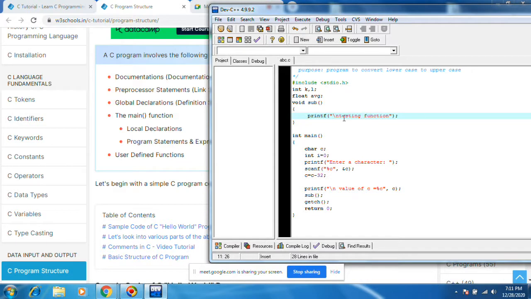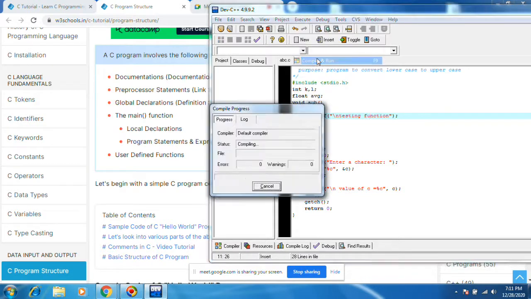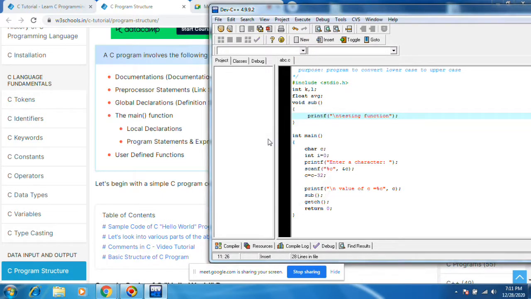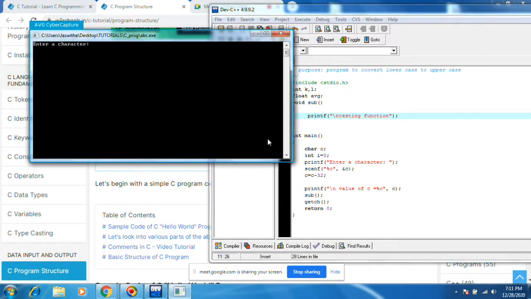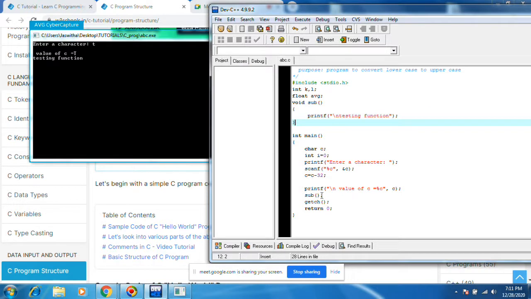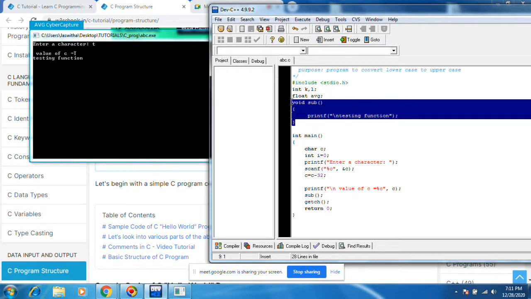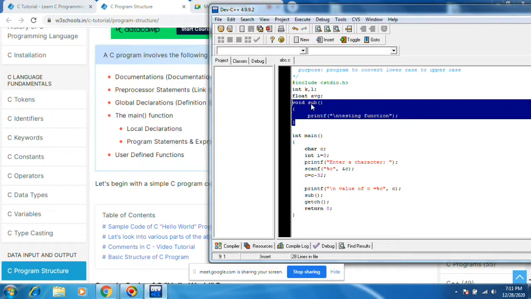That's it, this output we will get. Let's see. Execute, compile and run. You see, I got the testing function. I just called this function. This is the user defined function. User defined means we are defining.